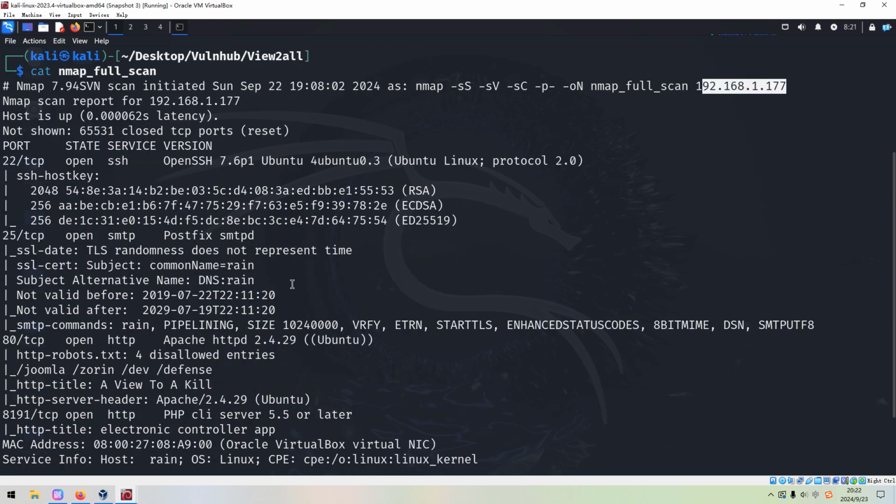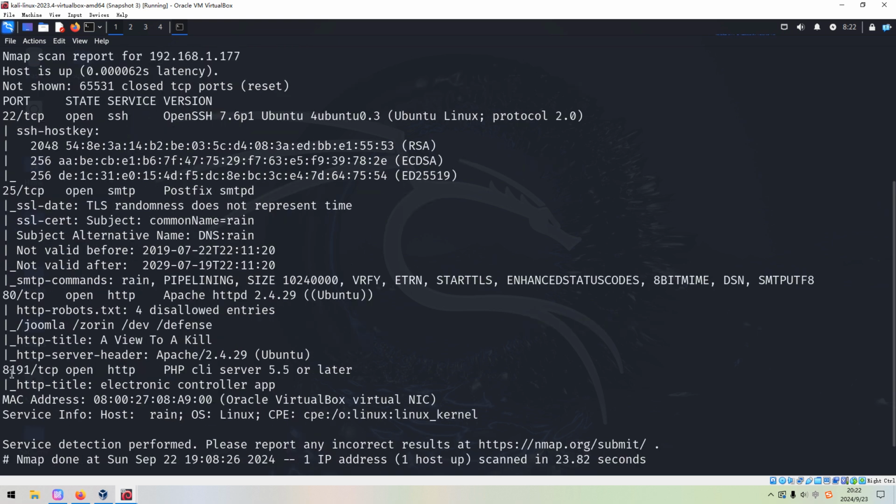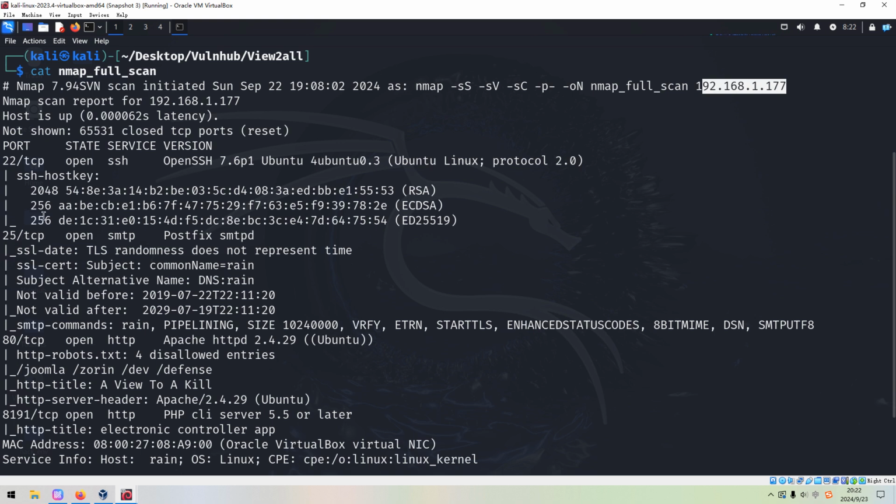So from the Nmap scanning results, we can tell that the target has 1, 2, 3, 4 open ports in total. Let's take a look at them one by one. The first one is 22, which is running the SSH service, with version information OpenSSH 7.6.